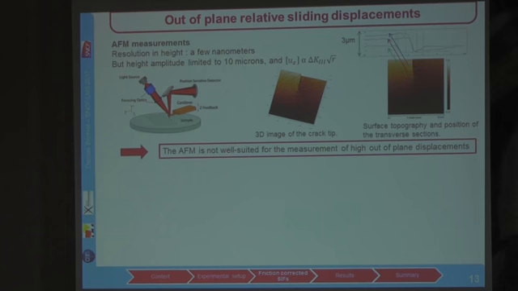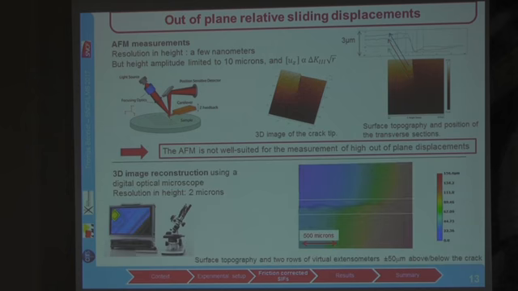So the atomic force microscope is not well suited for measurement of high out-of-plane displacement, but can be used for small out-of-plane displacements. And in the case of high out-of-plane displacement, we use a 3D image reconstruction using the digital optical microscope. So the resolution in height is much lower, about 2 microns. And again, we use two rows of virtual extensometers, 50 microns above and below the crack, in order to get